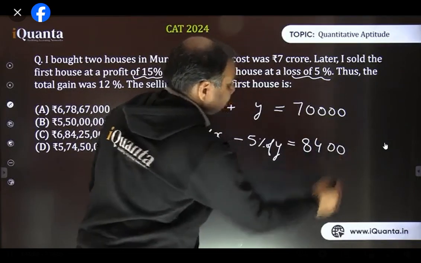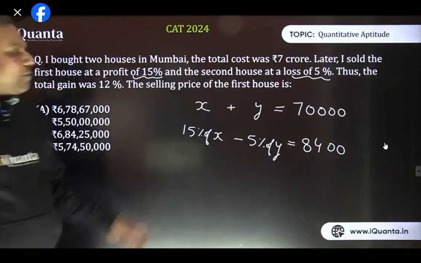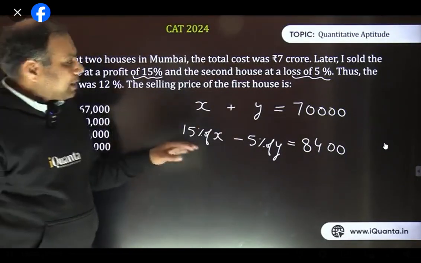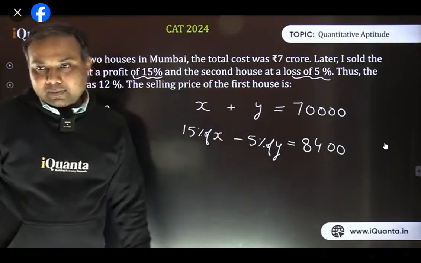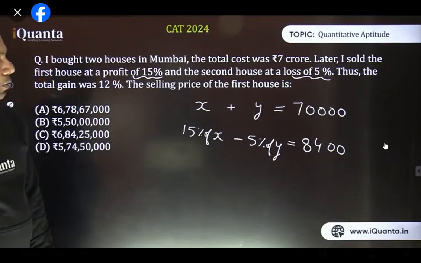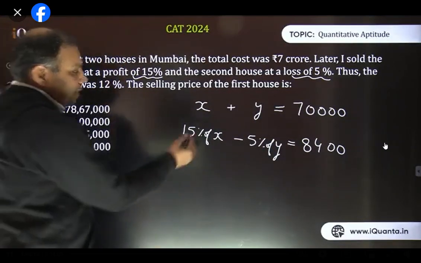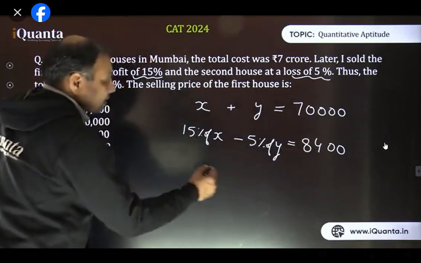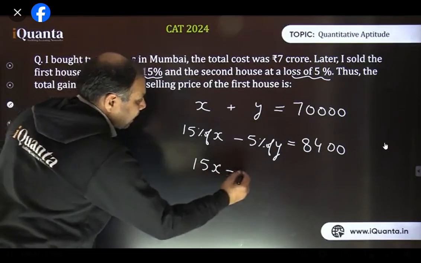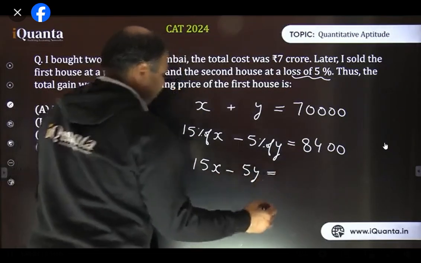8,400. You will start. I have not written the total sales value or the total SP, I'm writing only the profit or loss values. So this was upon 100, upon 100. Upon simplifying these two equations, you can find all the answers. So this is 15 by 100, 5 by 100. If I multiply by 100 on that side, this is 15x minus 5y equals